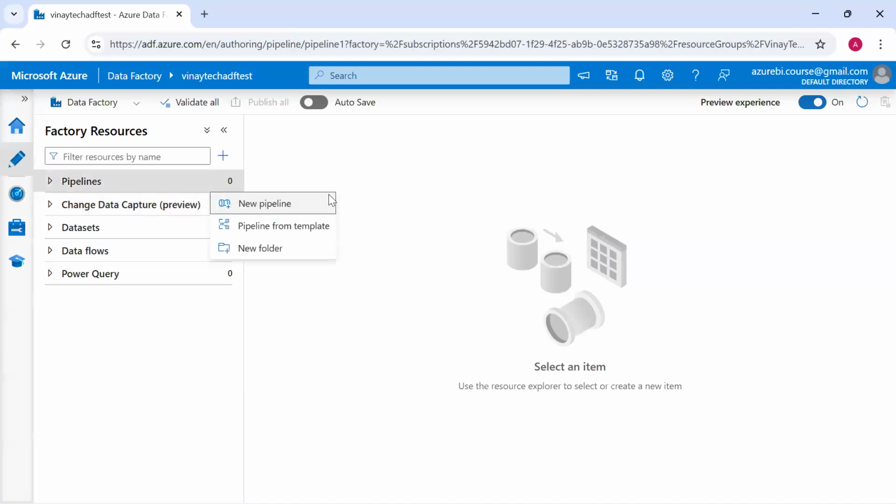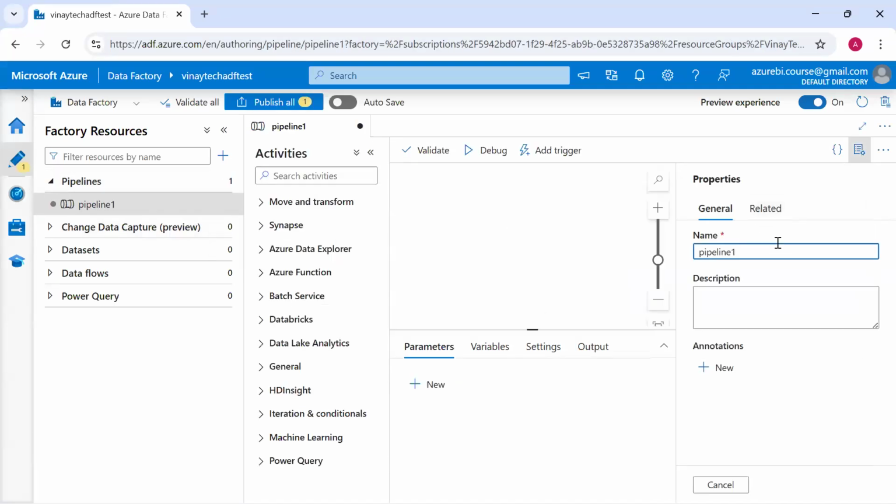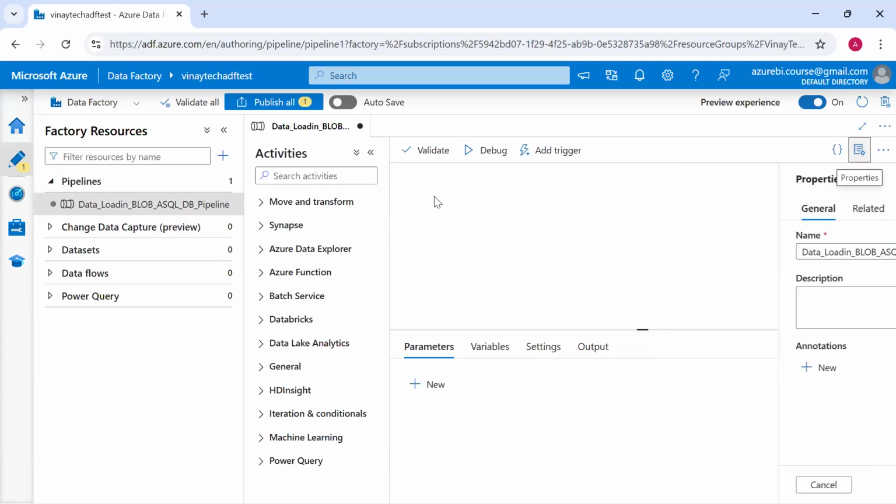Okay, so let's see how to develop the pipeline. What is the pipeline? This is my pipeline: data loading from Azure Blob storage to a database table. This is my pipeline name. Data loading from the blob storage to the database.